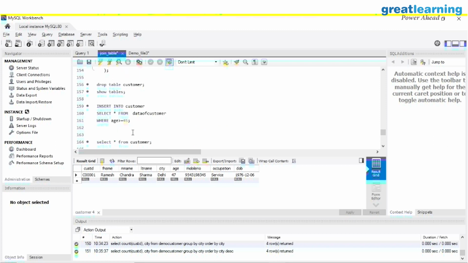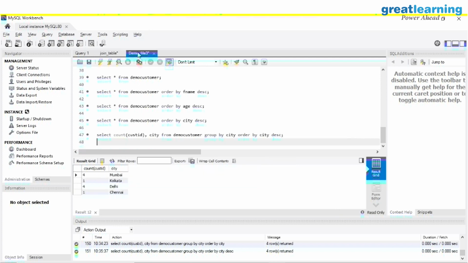We can insert into customer. Maybe we can make a demo customer table, and with the filtered data we can make a table as well, right? So maybe here, let me just copy this. Why I am making a separate file is because we have already done the join in the previous one, so here I just want to make it a clear picture.